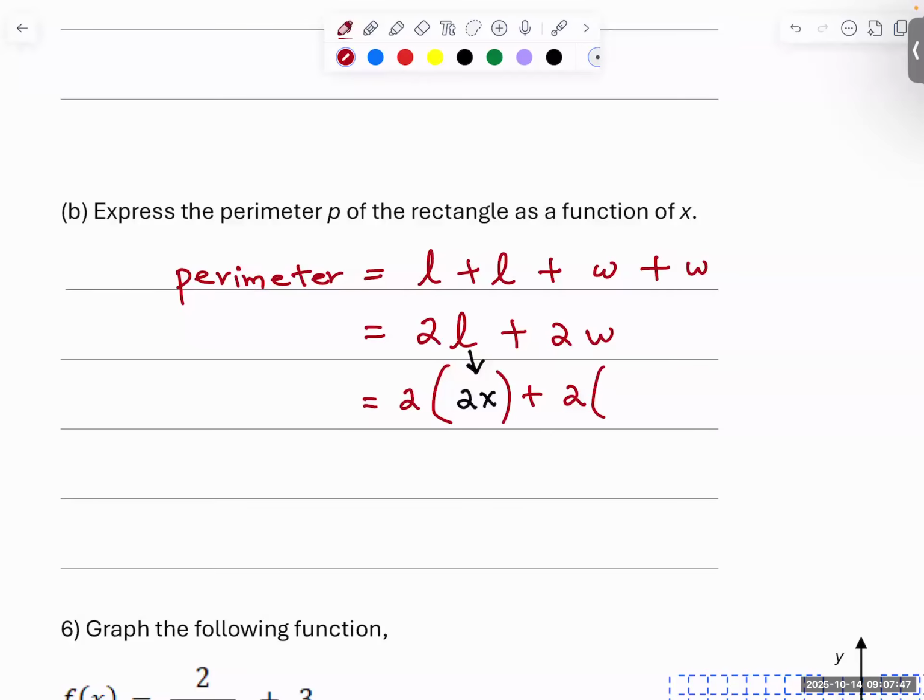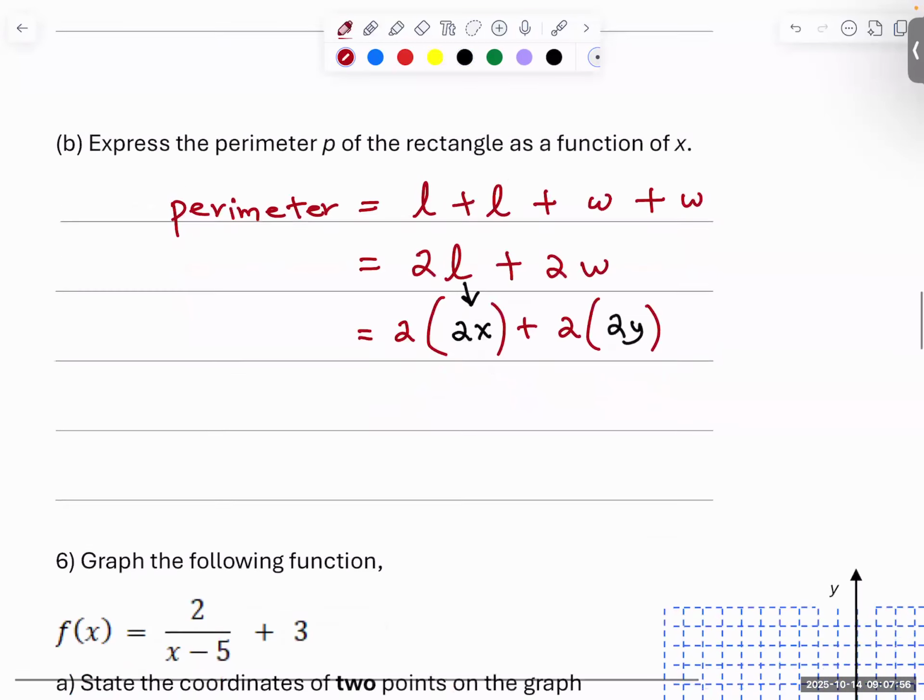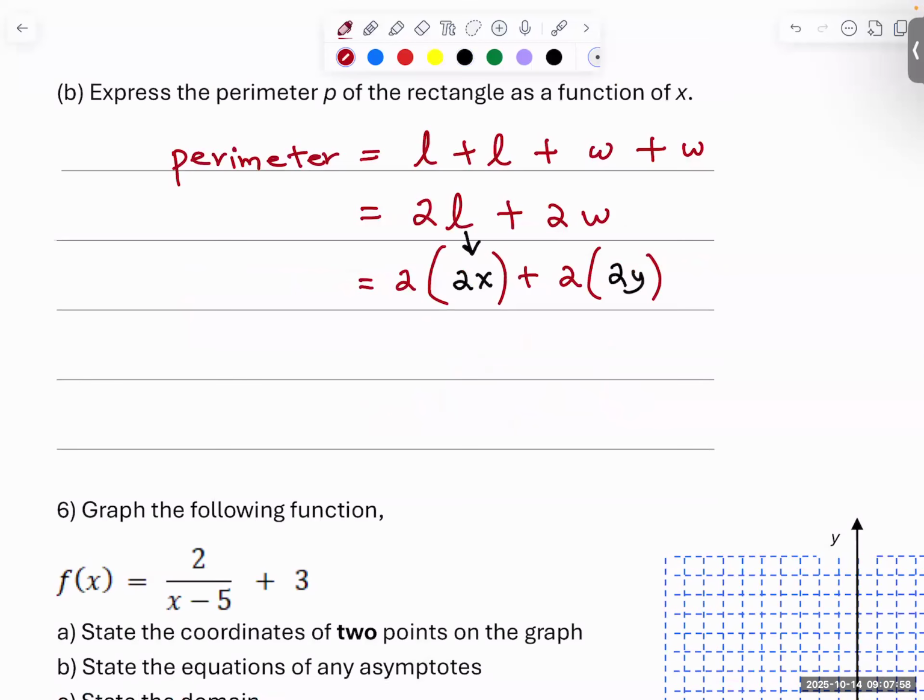The width is twice y, or y plus y. So this simplifies to 4x plus 4y. Now that's perimeter as a function of two variables, but we want perimeter as a function of x